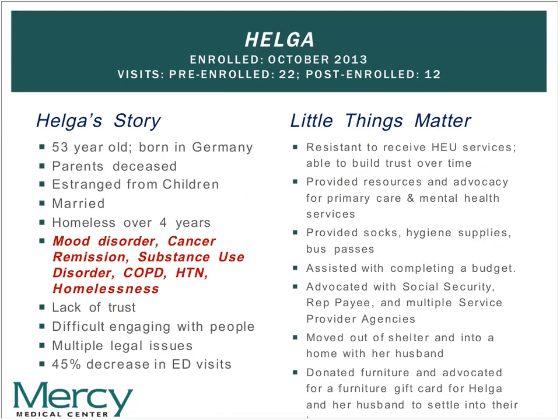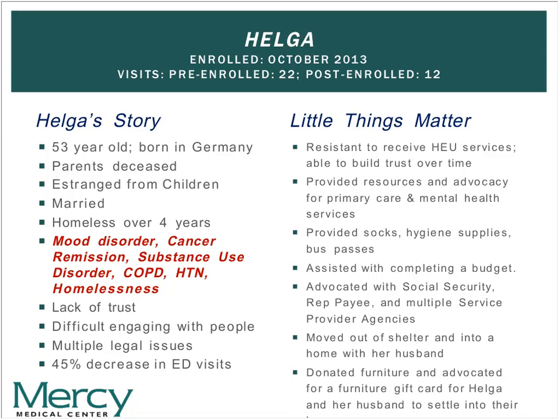Helga is another patient of ours. She was very resistant to case management and resistant to the high-end utilizer program at first. She had been homeless for 4 years, had several health problems, including a history of cancer. She was told about the program by Healthcare for the Homeless and by the high-end utilizer program staff multiple times, and every time she refused. And one day, about 3 months after she had been initially told about the program, she walked up to the high-end utilizer staff and asked her to re-explain the program. Helga enrolled the same day, and after a year in the program, her ER visits dropped by 45%.